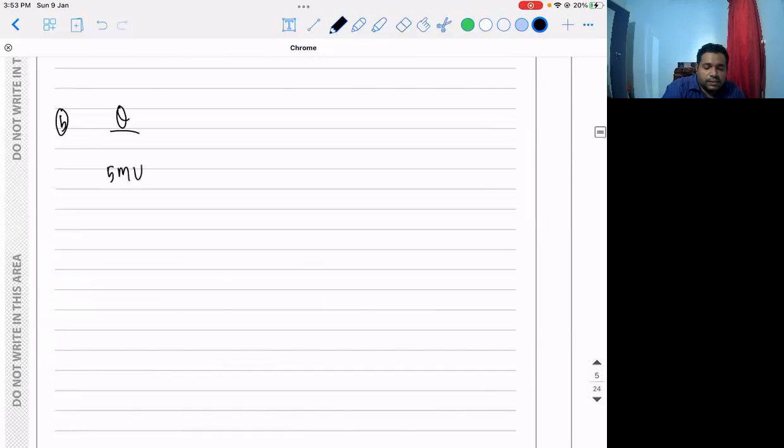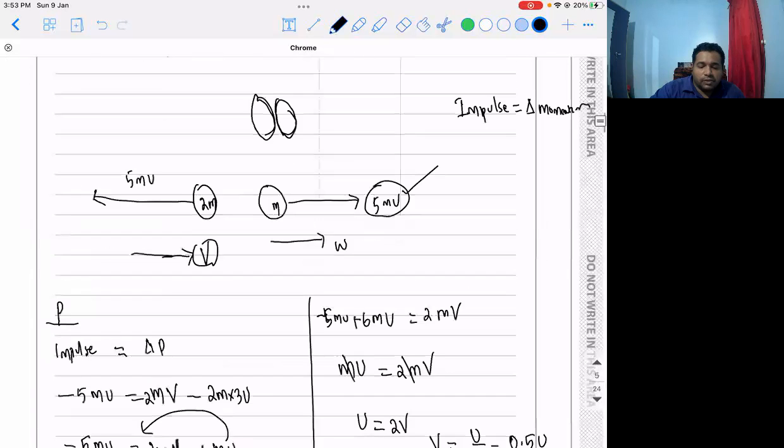So impulse is equal to change in momentum, right? And what is change in momentum? Final momentum minus initial momentum. So what is the mass? Mass is M, right? And it is W because we assumed it as W, right? So M times W